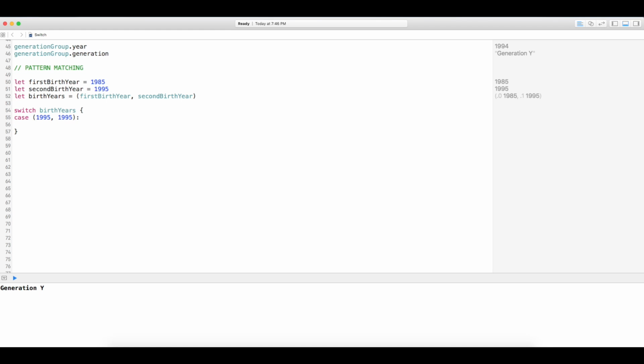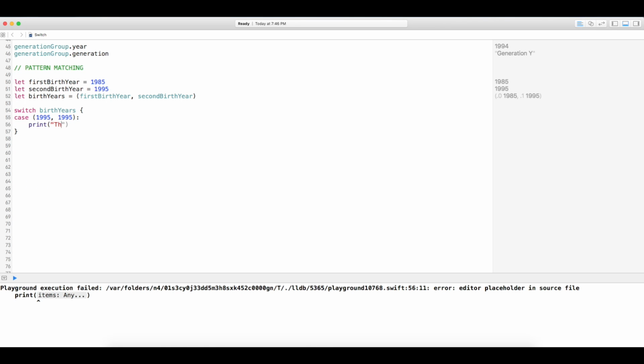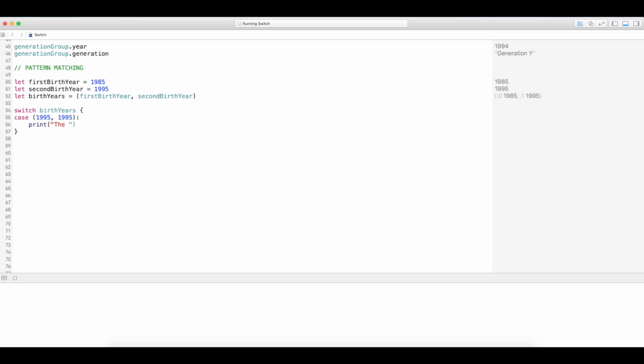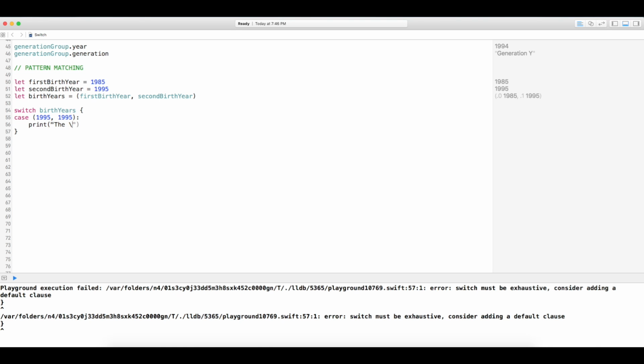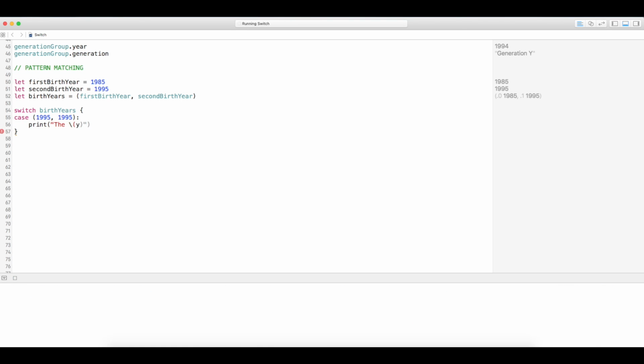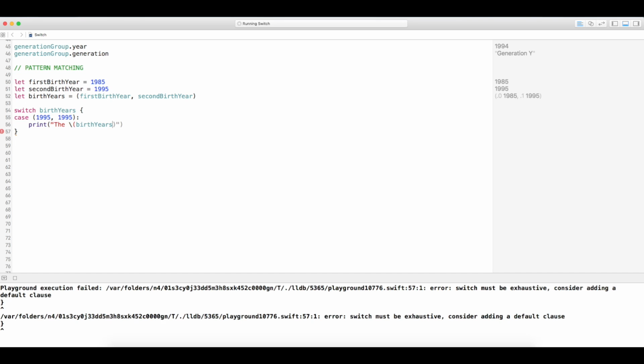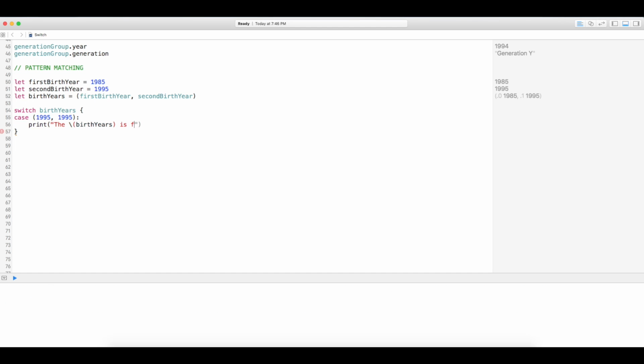And if it does, print out, and I'm going to do birth years is found in both